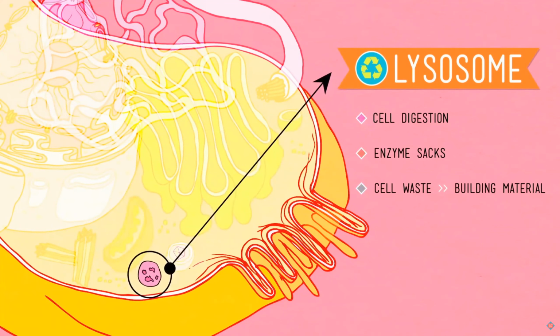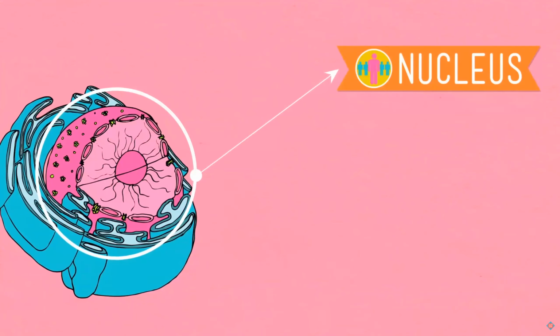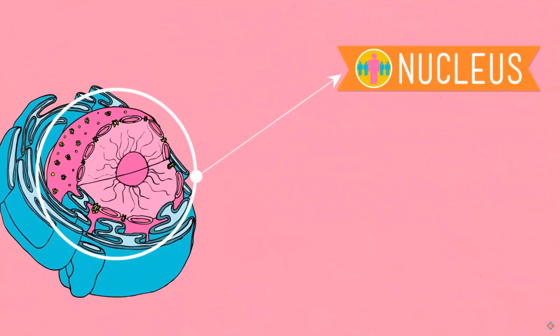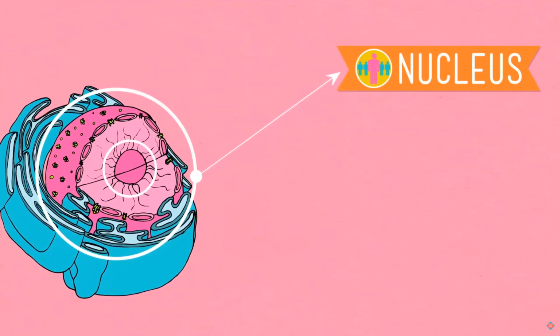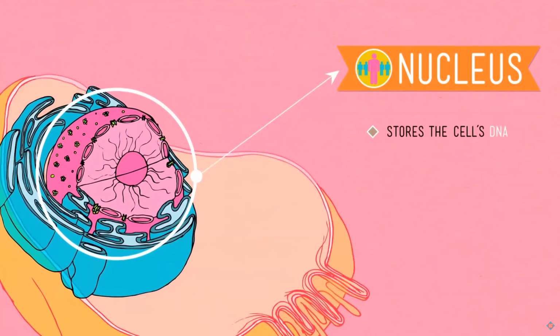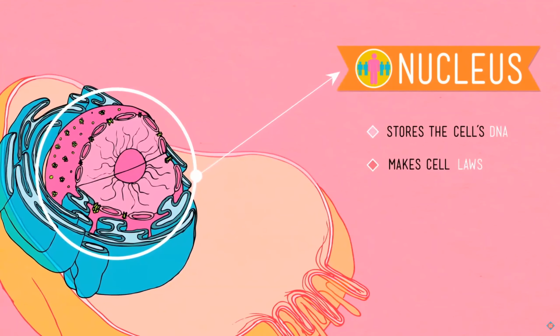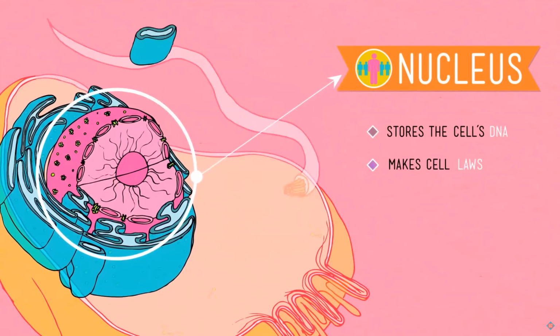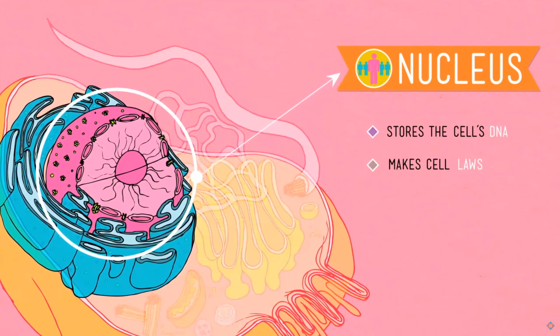Now, finally, let us talk about the nucleus, the beloved leader. The nucleus is a highly specialized organelle that lives in its own double-membraned, high-security compound with its buddy, the nucleolus. And within the cell, the nucleus is in charge in a major way. Because it stores the cell's DNA, it has all the information the cell needs to do its job. So the nucleus makes all the laws for the city and orders all the other organelles around, telling them how and when to grow, what to metabolize, what proteins to synthesize, how and when to divide.